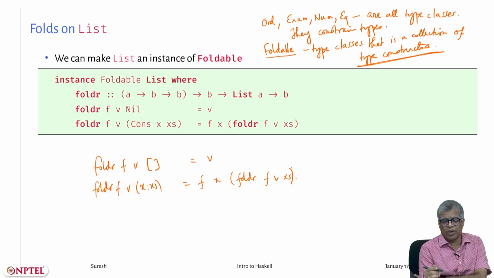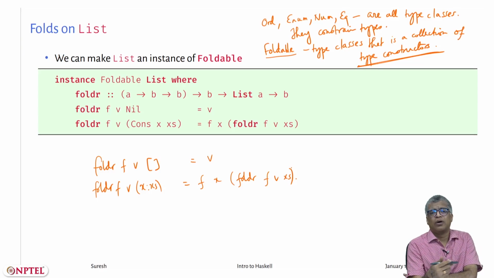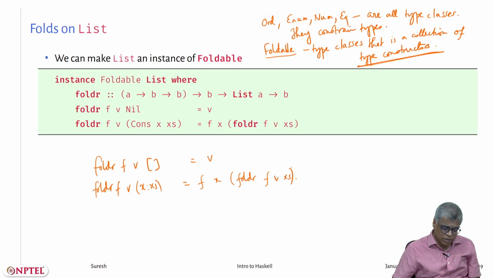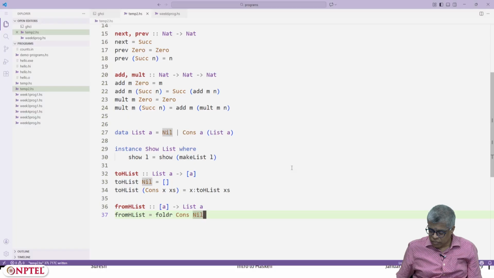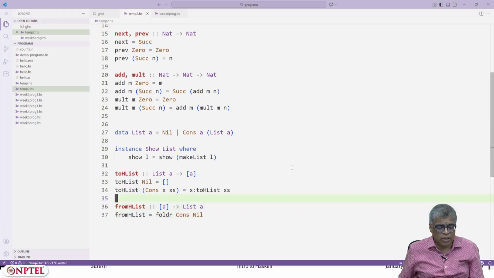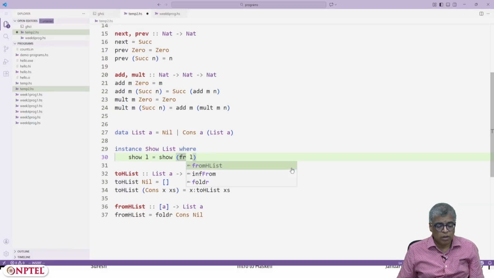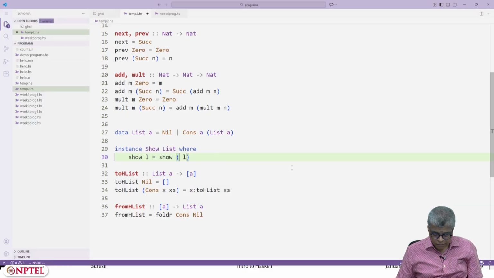Okay, that's all, and this has also been made a foldable type, and now you can use foldr both in one direction and in the other direction. Let me actually show it in the code for you. So you defined your own list, you made instance Show List, etc., and this toHList won't compile. You have to say fromHList to toHList.